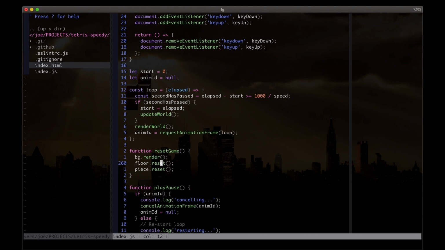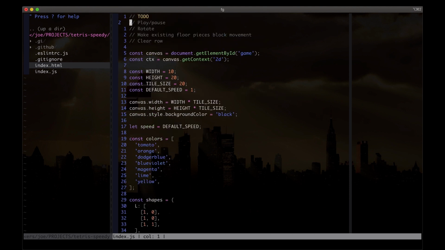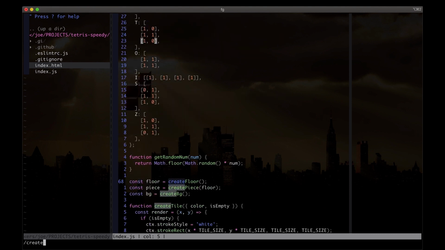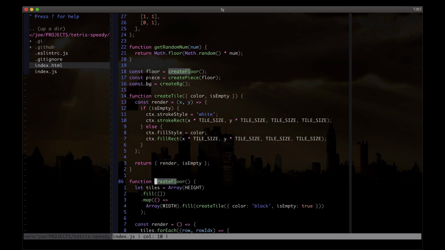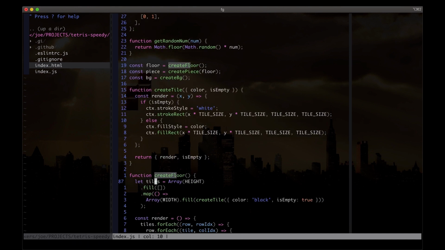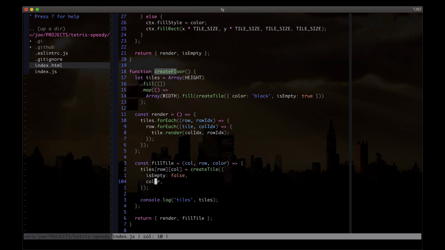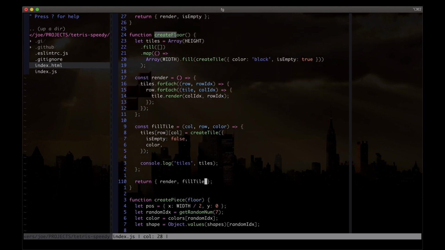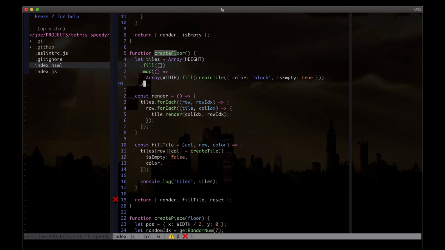So we'll need a floor reset. Let's see, create floor. And a reset here is just going to reset to new tiles. So we'll say